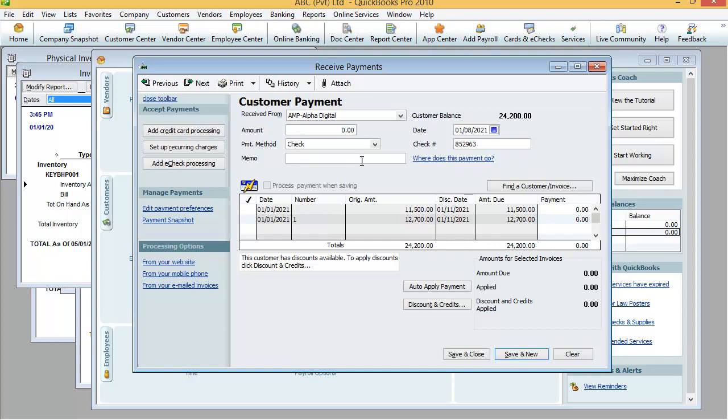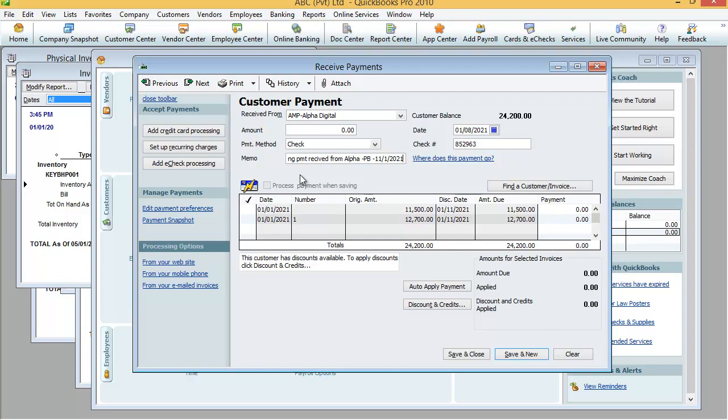Right. And the check is a People's Bank check. The check date is the post date. For example, the post date is 11th of January 2021. So this is the way that we can put the memo.